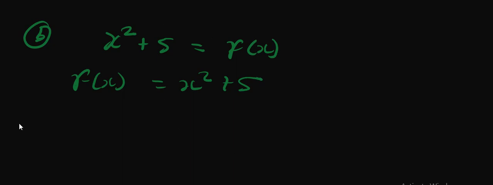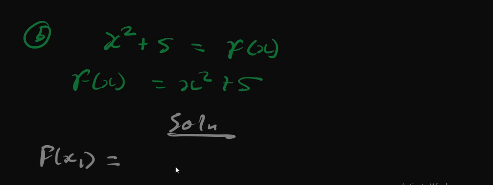Then for the solution, for a function to be a one-to-one function, f of x1 should be equal to f of x2. So in this case, where there is x, we are going to put